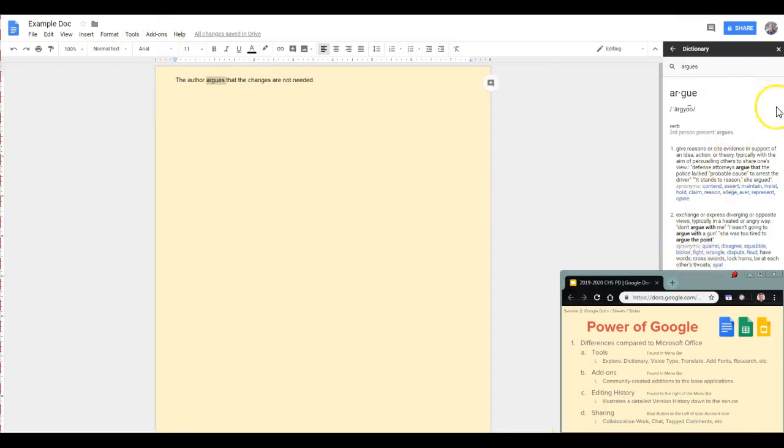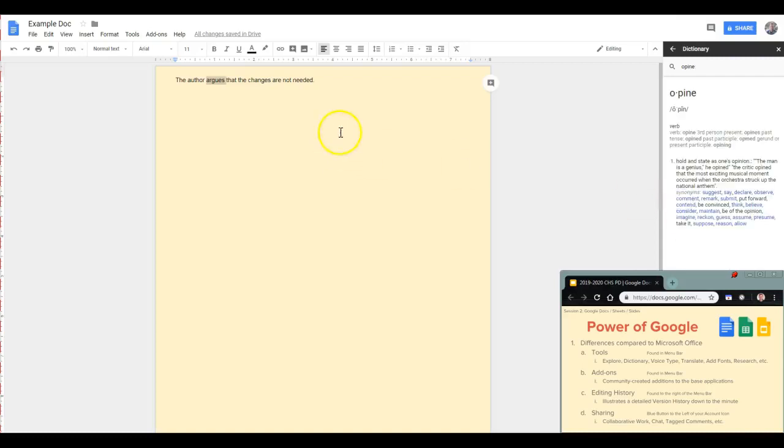Now you're going to see over on the right hand side here, it has given me a dictionary insert with that word. So if I keep on using the word argues, then maybe I need to change that, and maybe opine is a good change there. So I could click on that, see if that's the word that I'd like. Yep, and I'm going to go ahead and go in here and go, the author opines that the changes are not needed. Additionally,